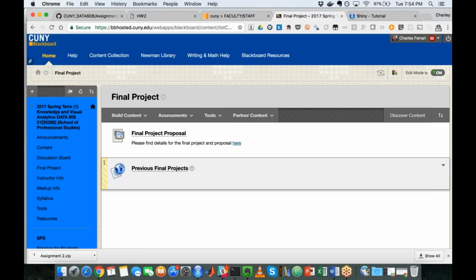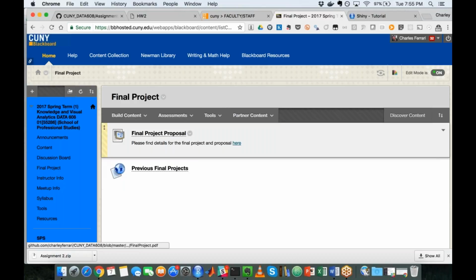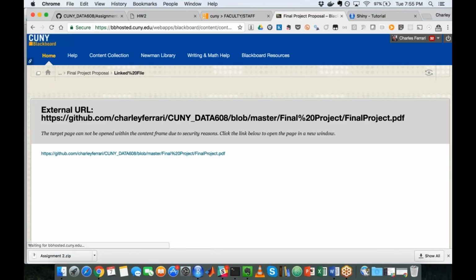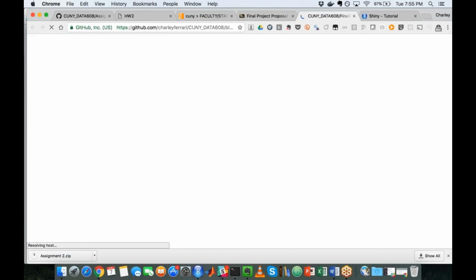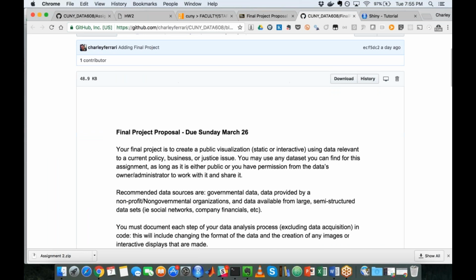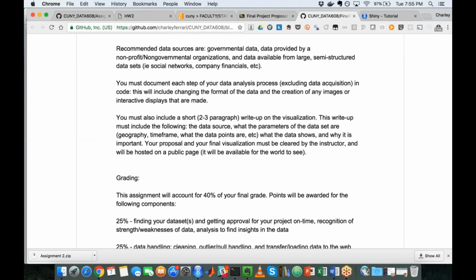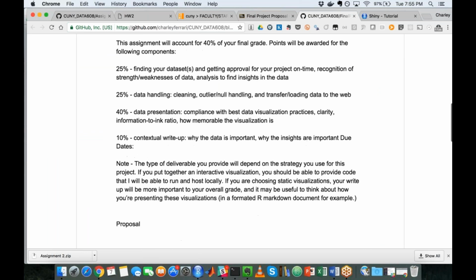But essentially, it's very open ended. Right now, just think about what sorts of data you want to look at, and maybe do some planning for what you would like to do with it. One thing I mentioned in the proposal is